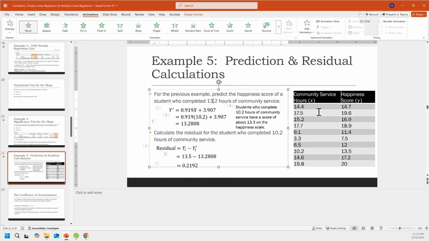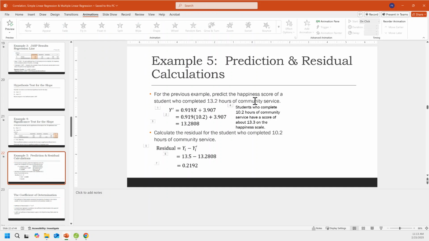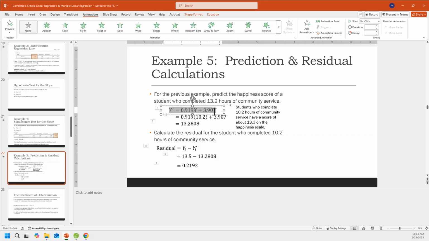What I did originally was use this incorrect data set here, so I'm going to remove that. What that means is I'm going to go back to my regression equation that I just created and replace my x with 13.2. Then I'm going to get my calculator and do that calculation. So we had 0.919 times 13.2 plus 3.907. That is equal to